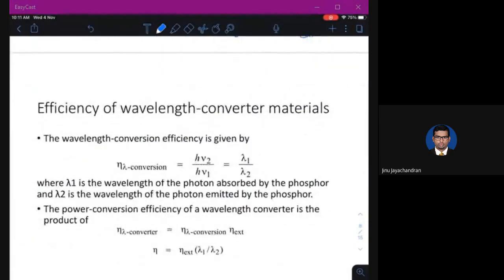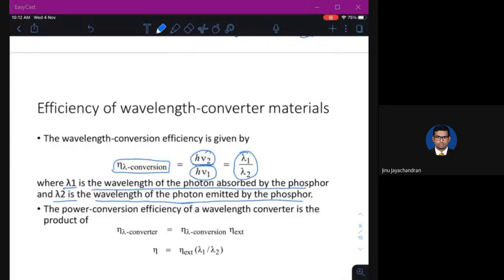Now, the wavelength conversion efficiency, eta lambda conversion, can also be written as the ratio of the energy of the emitted light to the energy of the absorbed light. h will get cancelled, c will get cancelled, and you get lambda 1 by lambda 2, where lambda 1 is the wavelength of the photon absorbed by the phosphor and lambda 2 is the wavelength of the photon emitted by the phosphor.